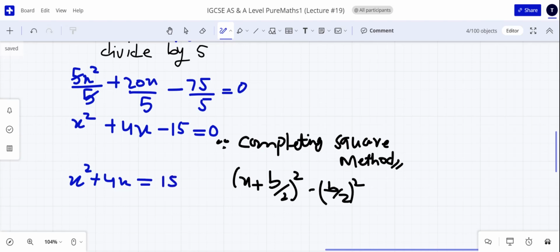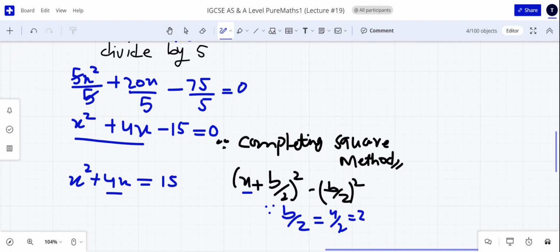Now, the first term and the middle term of the quadratic equation: we can only apply the completing square method on the first and the middle term, not on the constant. So here x we will keep the same. What is b by 2? b is the coefficient of x. It means that b by 2 would be equal to 4 over 2, which is 2.